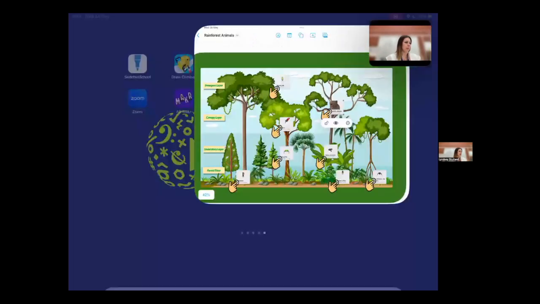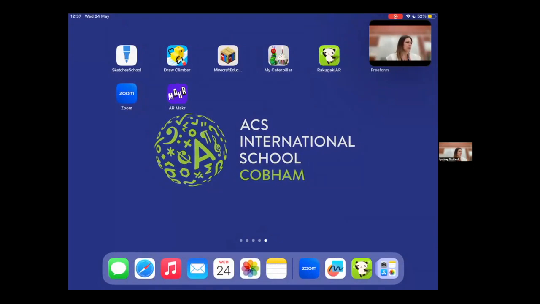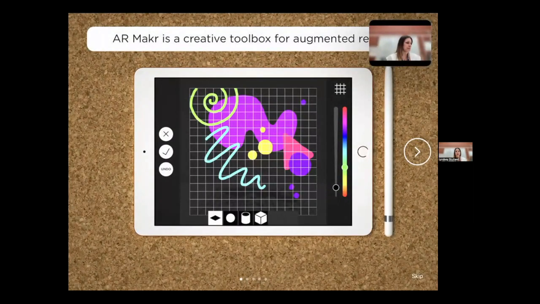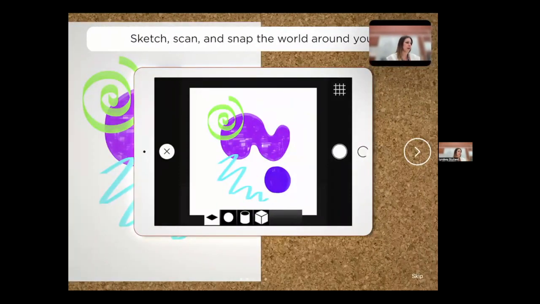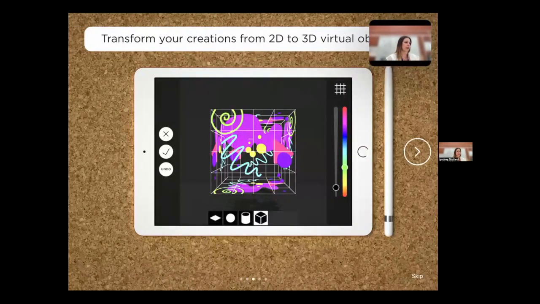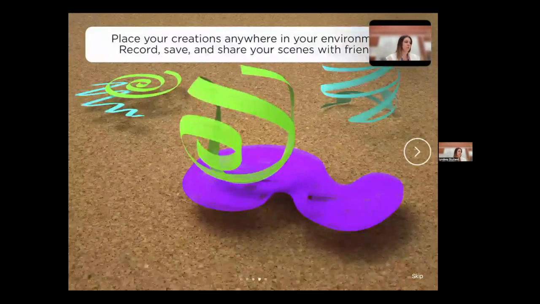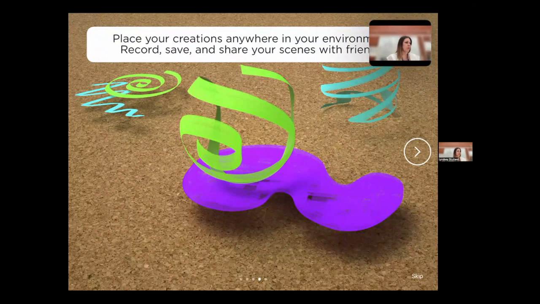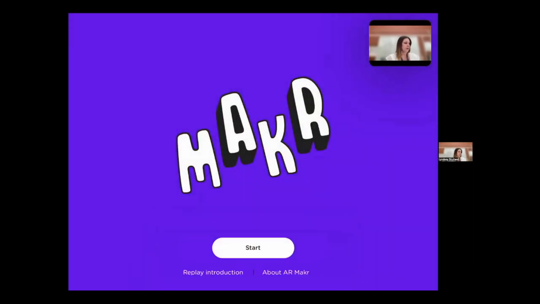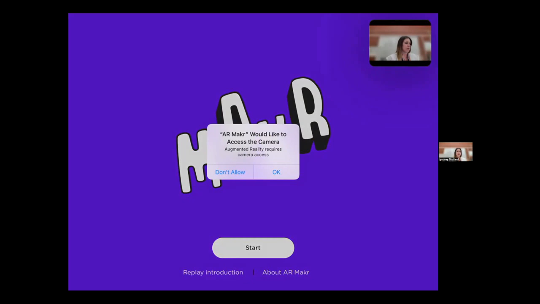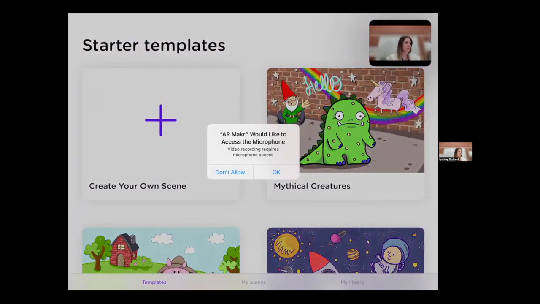So our last one is AR Maker. The first time you open AR Maker, you're going to be greeted with a screen like this. So it's a creative toolbox for AR. You can sketch, scan, and snap the world around you. Transform your creations from 2D to 3D if you want. Place your creations anywhere in your environment, record, save, and share with friends. So let's go. Agreements, and we start. Need to give permission for the camera and the microphone